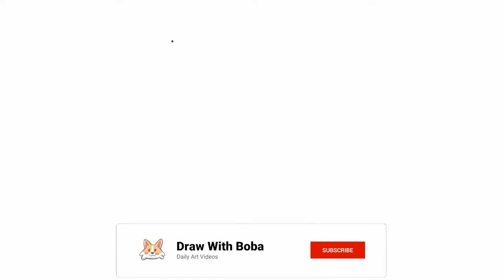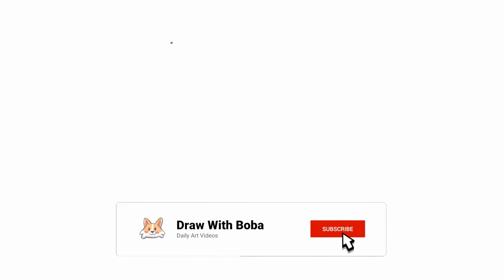Today we'll be drawing K from alphabet lore. Let's start off with the K itself. Right around the top left, let's just draw in a line down. And then we're going to go across and start off with the first rectangle